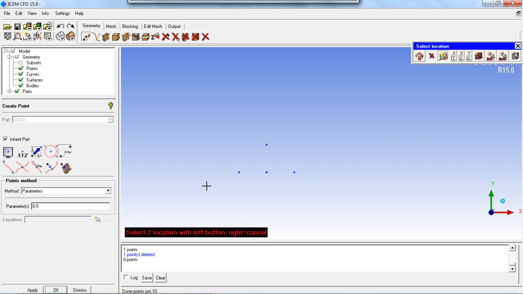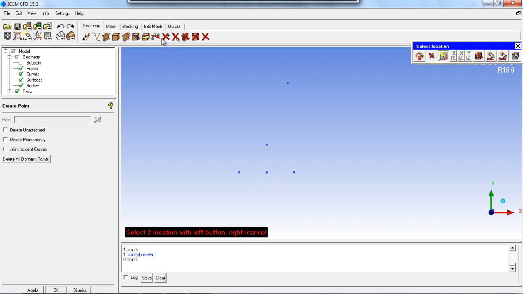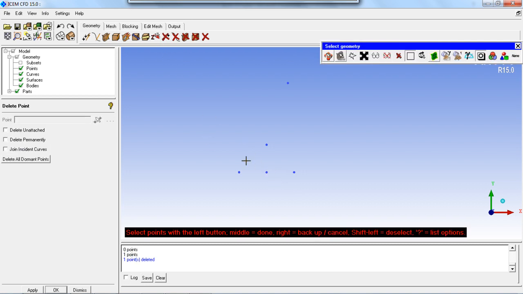Okay, you can get the point at the distance between the 2 locations. You can get the center point over here. The distance parameter is 0.5. You can choose the location by the points. So 1 point is already created over here, so they are overlapped. Anyhow, you can